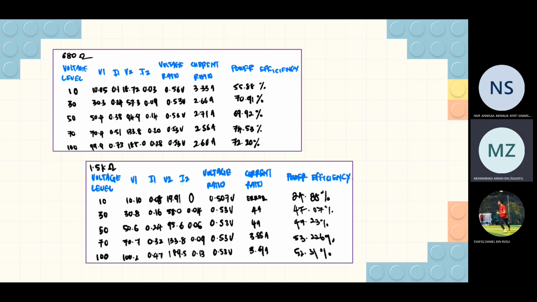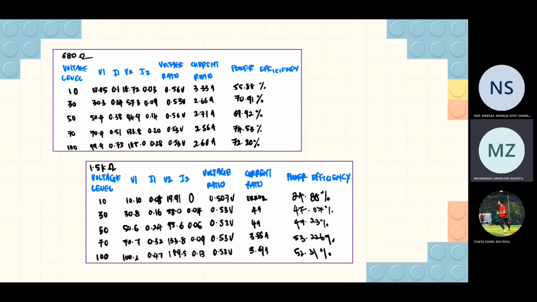50 voltage level, V1 50.4, I1 is 0.38, V2 94.9, I2 0.14. Voltage ratio 0.53, current ratio 2.71, and the power efficiency 69.92. For the 70, V1 70.4, I1 0.51, V2 133.8, I2 0.2, voltage ratio 0.53, current ratio 2.55, power efficiency